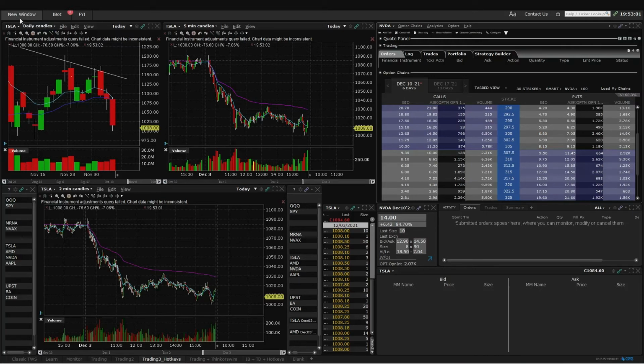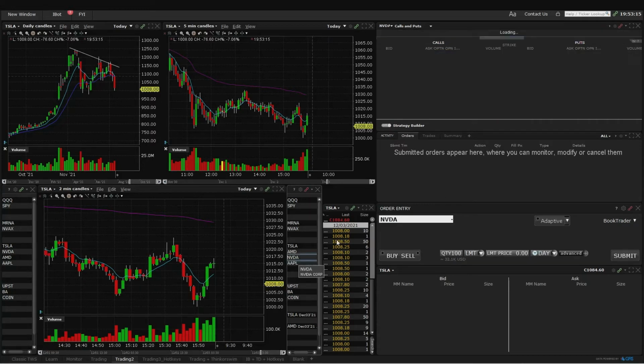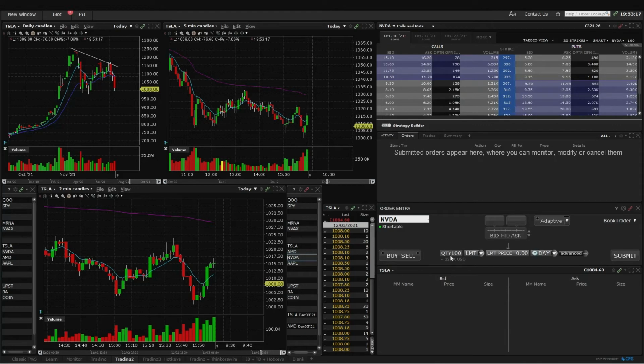And the setup for the book trader. What's the difference for the book trader? For the option trader, you are actually trading options in the option trader window. In the book trader, once I select Nvidia right now, this Nvidia will just enter here, and this is